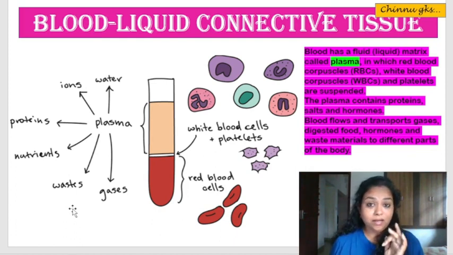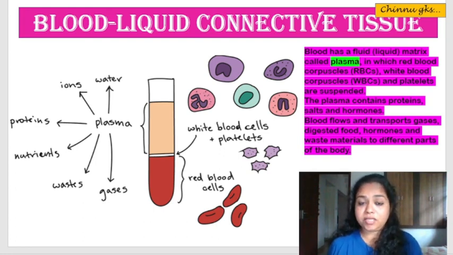Now I come to the third major component, that is the WBC, white blood cells. We have a big class of WBCs. They are very huge in number, and we know that they play a major role in fighting different pathogens that are there. I'll be classifying WBC in the next slide.